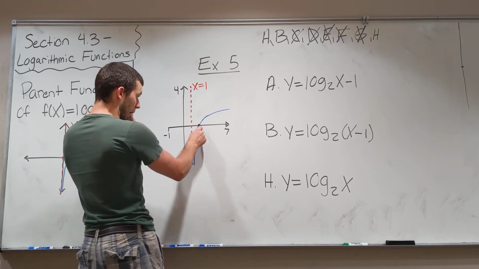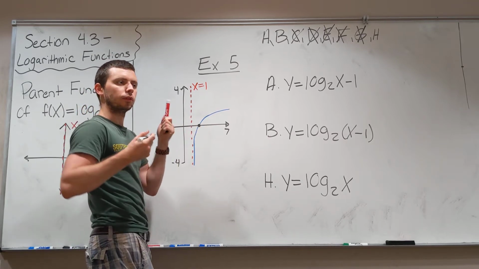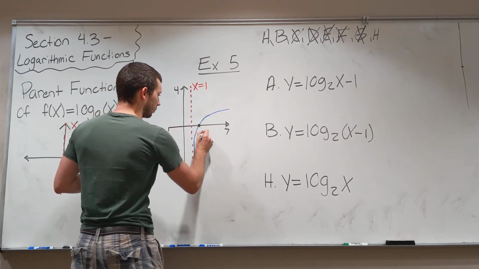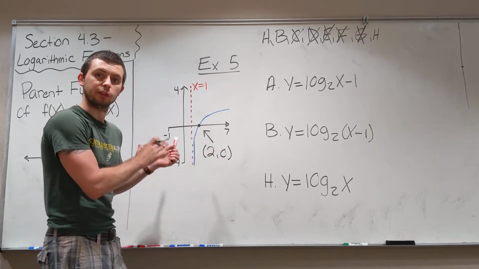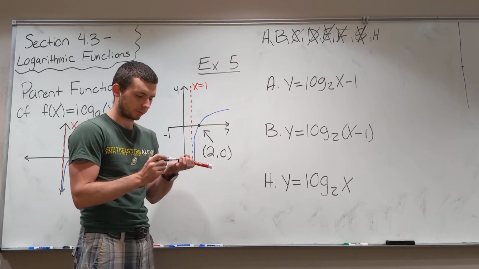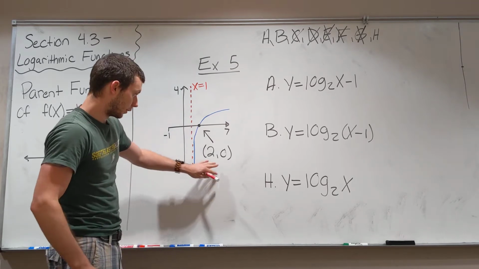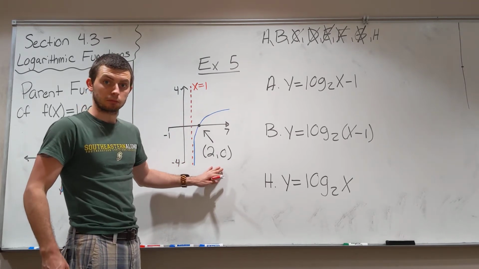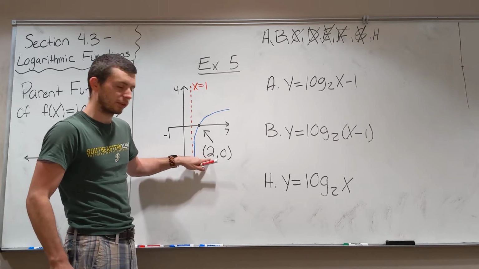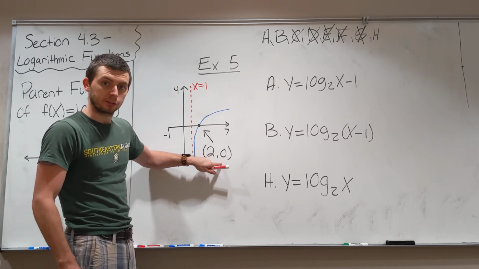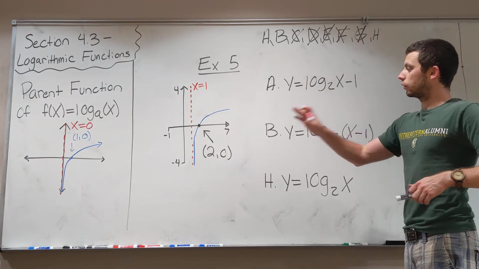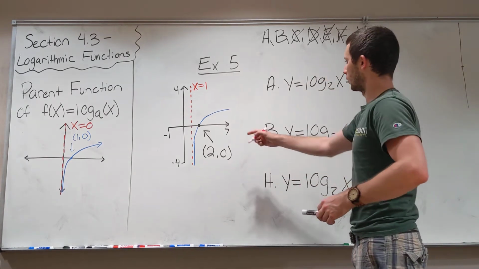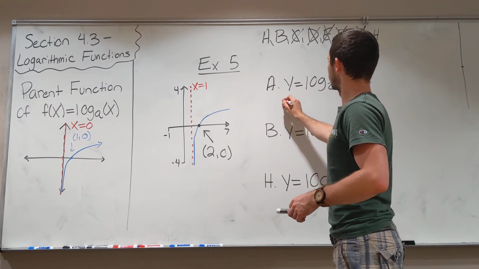So there is a point on the graph that's deterministic, this point being (2, 0). It's a little bit easier to see on the graph in the notes. But with that, that gives us a test point that we can utilize here. If we plug in 2 for x, we better get 0 for y. So let's go ahead and start with that. So if we plug in 2 for x,